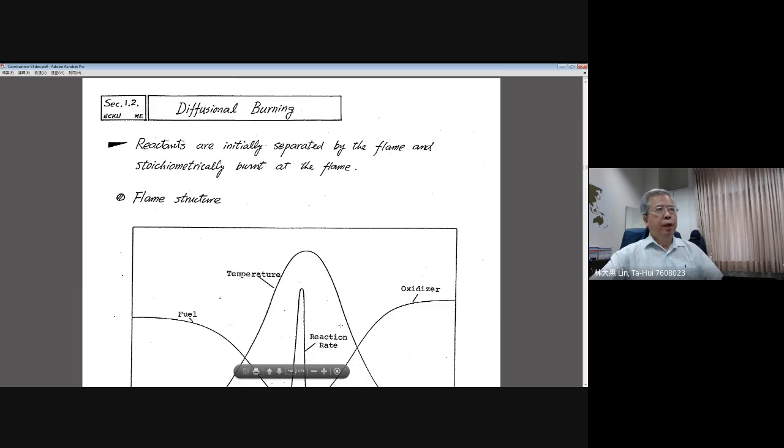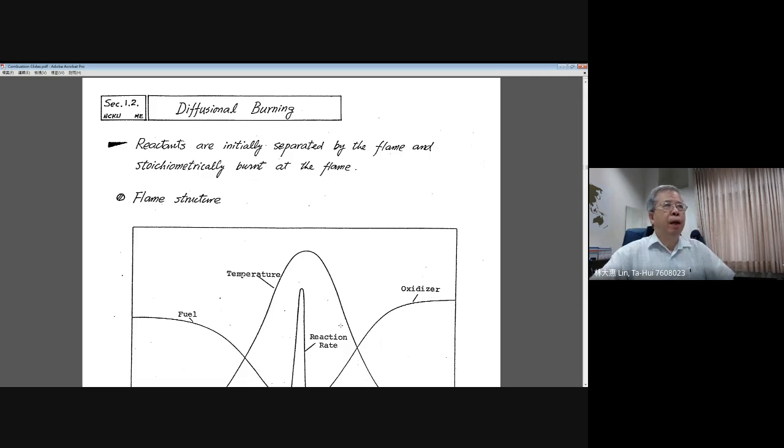We'll start to look at the concept of diffusion flame, diffusion burning. As I explained earlier, a candle flame is the typical diffusion flame, and we just explained those combustion characteristics of candle flame, basically controlled by the diffusion transports. For example, the fuel diffusion and the oxygen diffusion will let those reactants meet together at the position of a